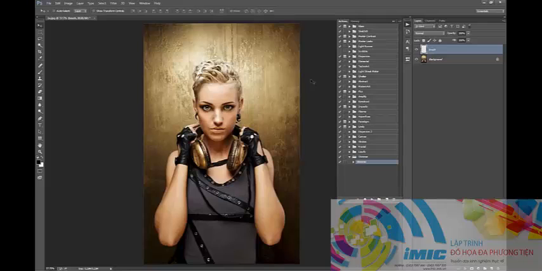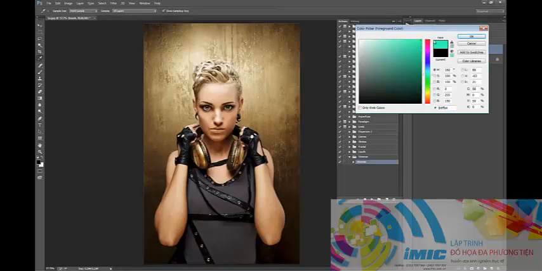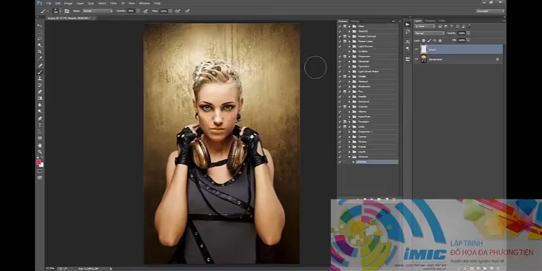Hit OK. Now with the brush layer selected, hit B on the keyboard to get your brush out, and you can pick any color, doesn't matter. And what you want to do, you want to start brushing over your photo where you want it to remain in focus after the action's finished. So I want the face to be in focus,